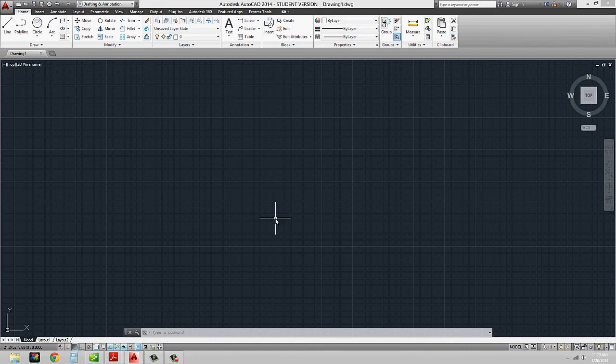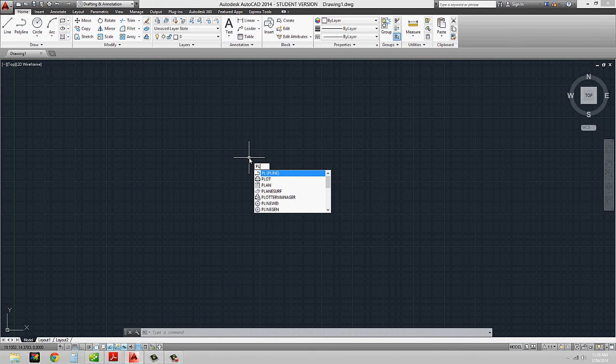We'll see some of the differences between those once we start to use the modify commands. But to go back for a second, in addition to using the rectangle tool to draw boxes, we can also draw rectangles using the polyline or the line command. When we type in the command, either polyline or line, we saw the differences between the two last week, so I'm going to just type in PL for polyline.